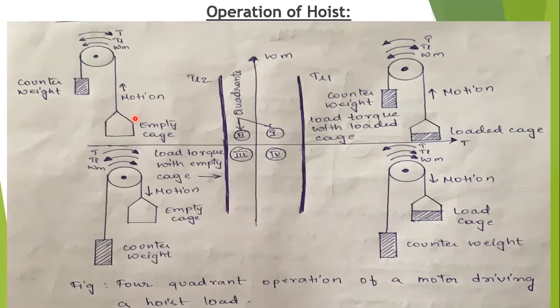Okay, and if the empty cage is fully loaded, then the counterweight is only less weight. This is only more weight. Okay, so if the empty cage is fully loaded, it is